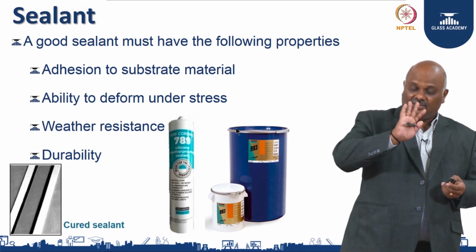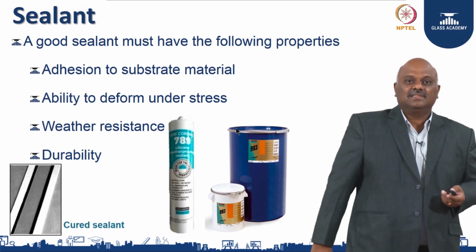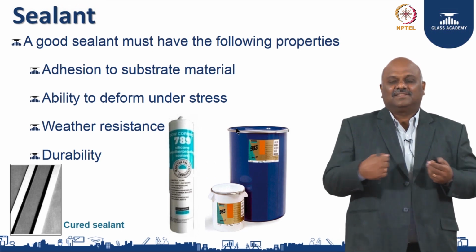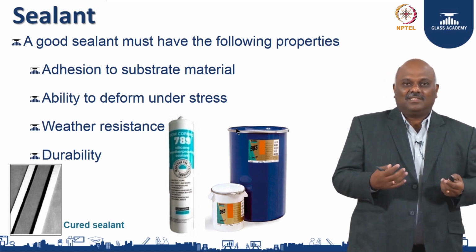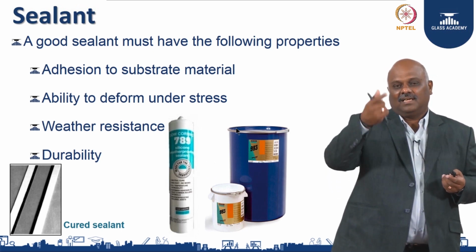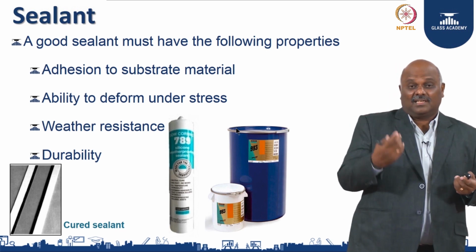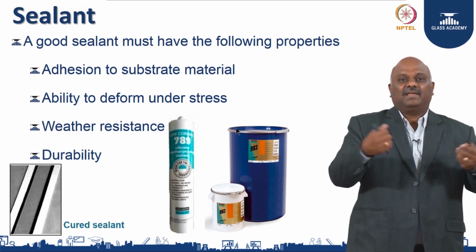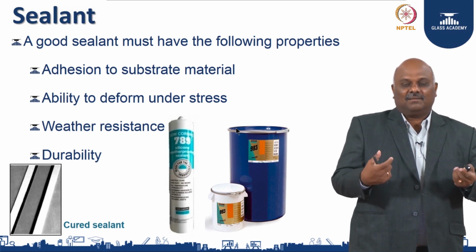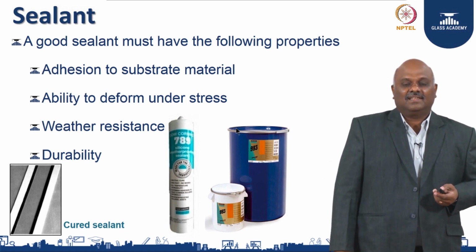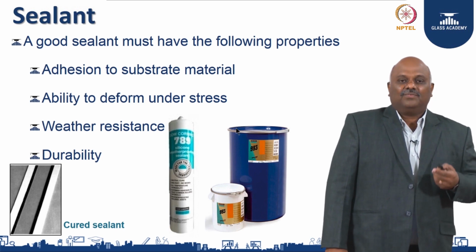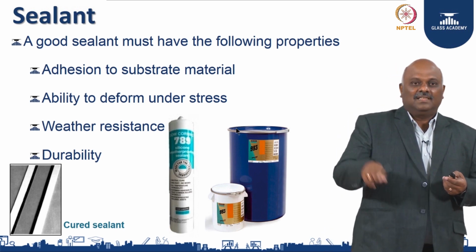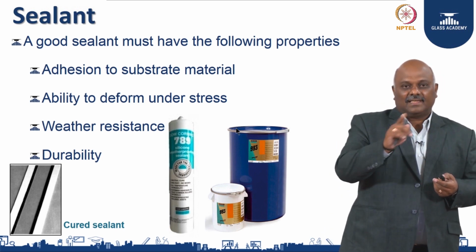So, sealant takes care of a lot of things, in addition to the substrate. As I said, if you have a mullion, you transform fixing the glass, and also it is rubberized. Say for example, if I go and put a hard putty to hold the glass like in the old days, what will happen when the system bends or moves back and forth? They break. But sealant is like rubber, it is rubberized, so they expand and contract. And as well they take care of weather, they seal the joint, so water and air cannot pass through.